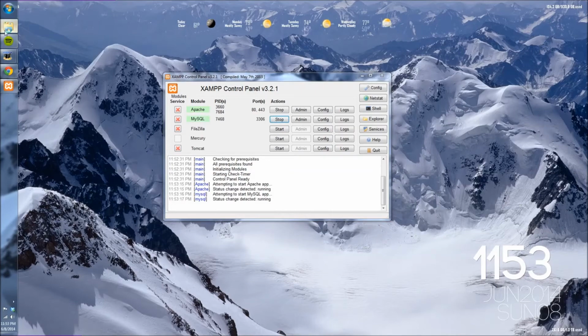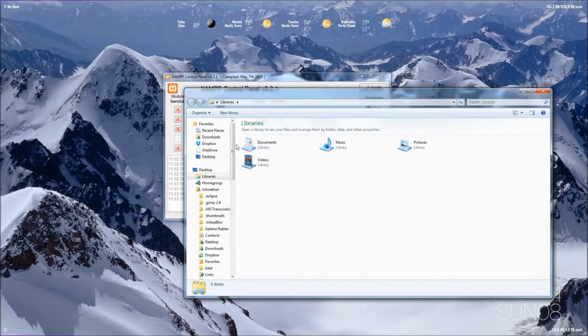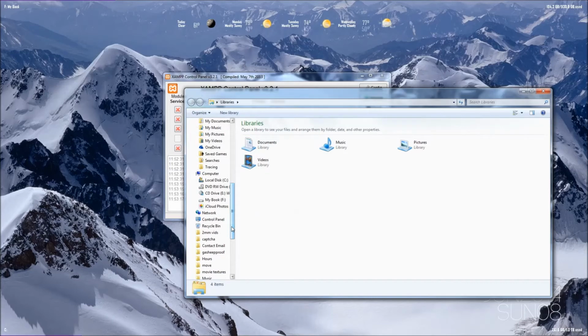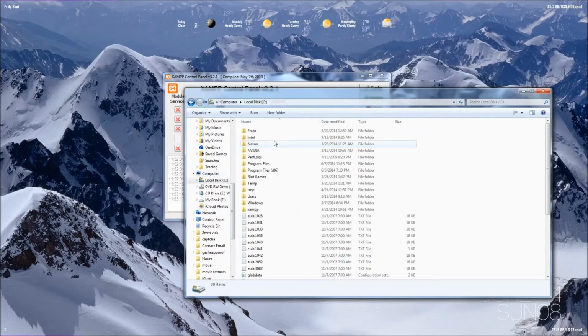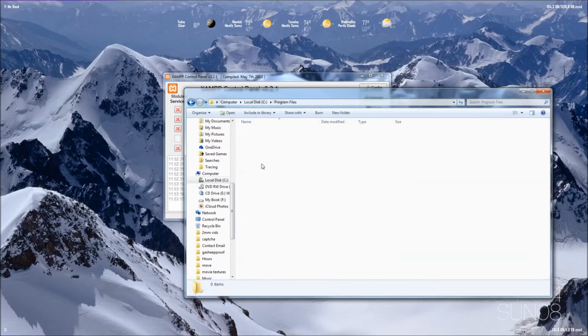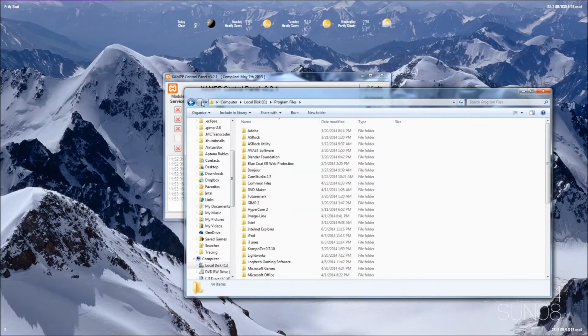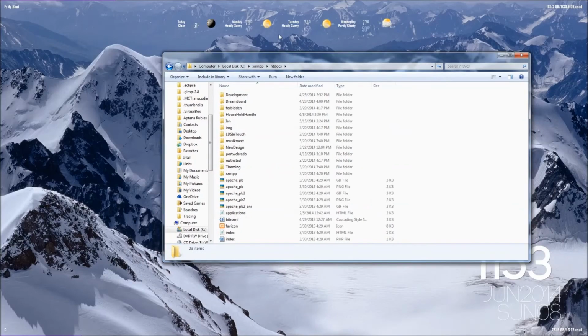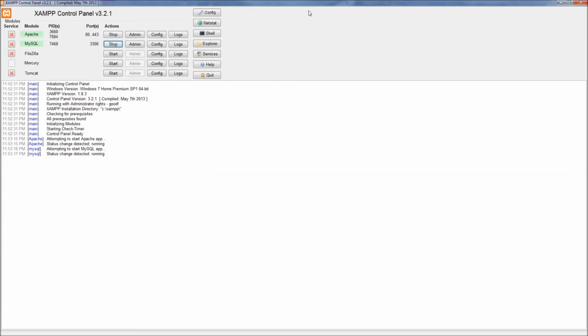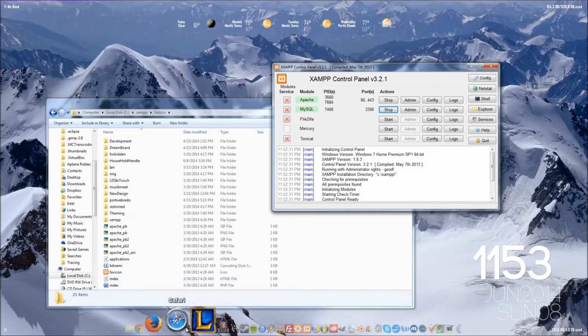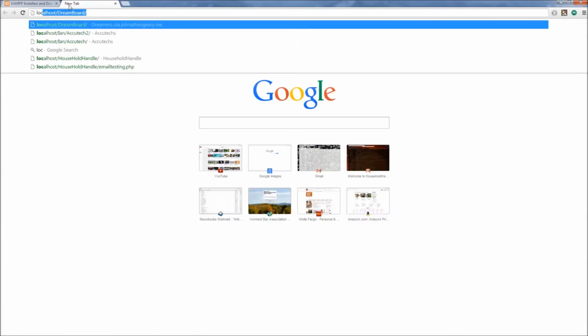And once you install it, you should be able to manage the files through your My Computer, local disk. Oh, it's not program files, it's right in local disk, and it's XAMPP, htdocs. htdocs is basically the starting point of what is called the localhost. Localhost is basically replacing a domain that you would use. So let's go to localhost,